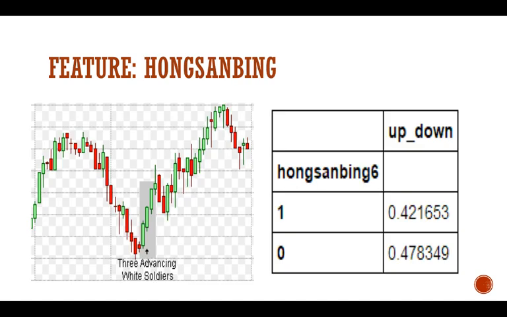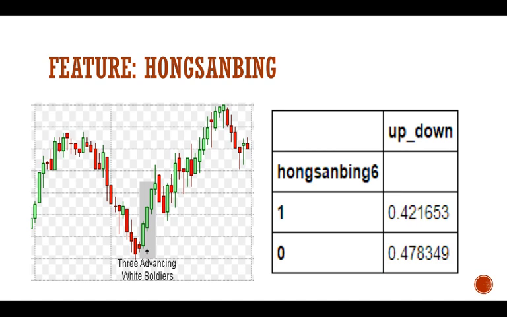The first technical analysis index that came to our mind is the three white soldiers, or 红三兵 in Chinese, which means when an up occurred three periods continuously, the price has an upward trend. So we tried 红三兵 in 5 minutes, 10 minutes, 30 minutes, 1 hour, and 2 hours. The results show the 30 minutes Hong Sanbing gave a significant result. When the 30 minutes Hong Sanbing signal occurred, we have